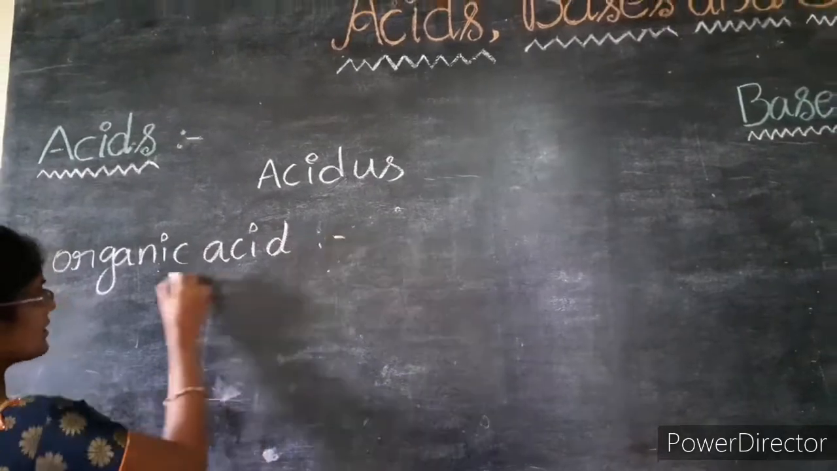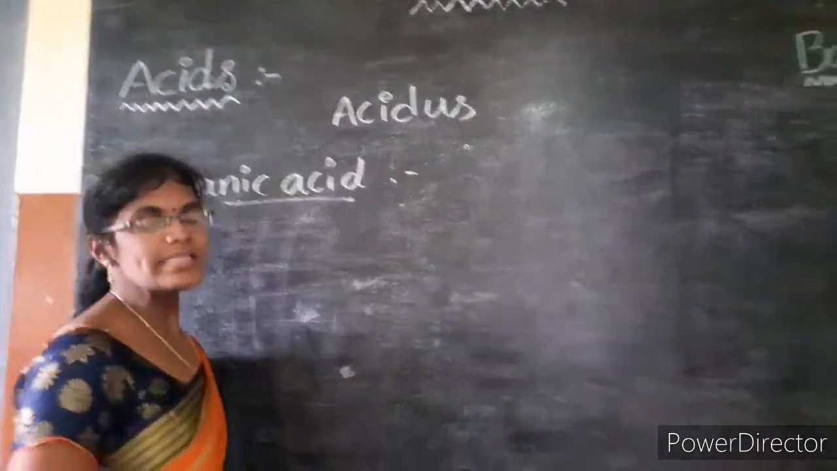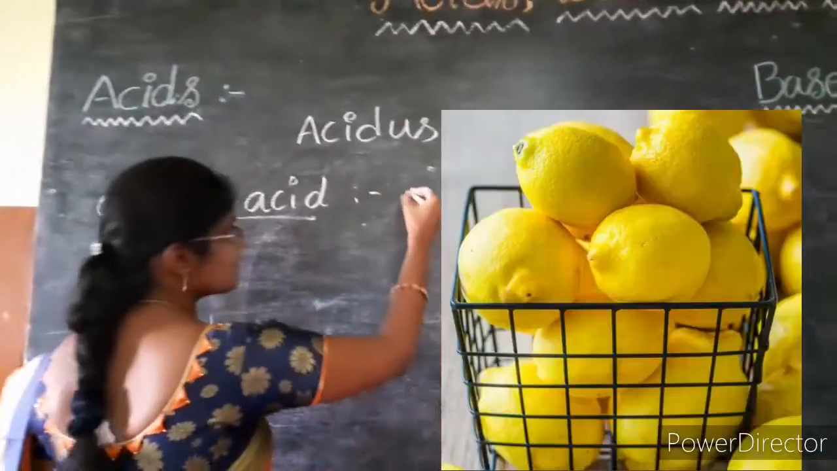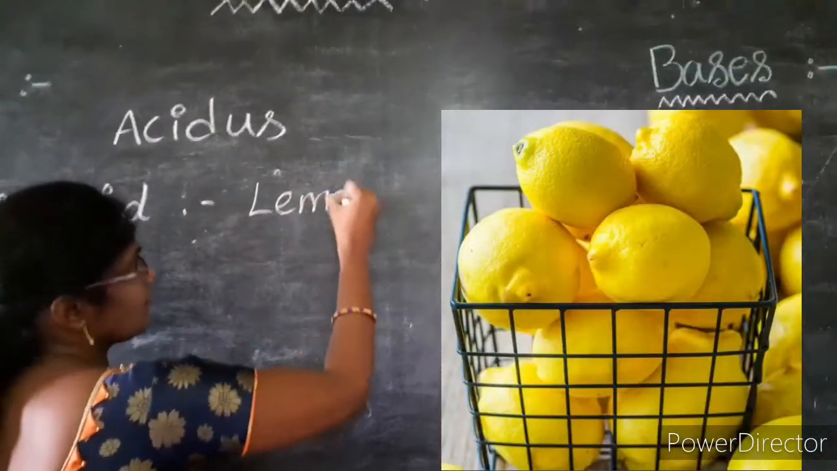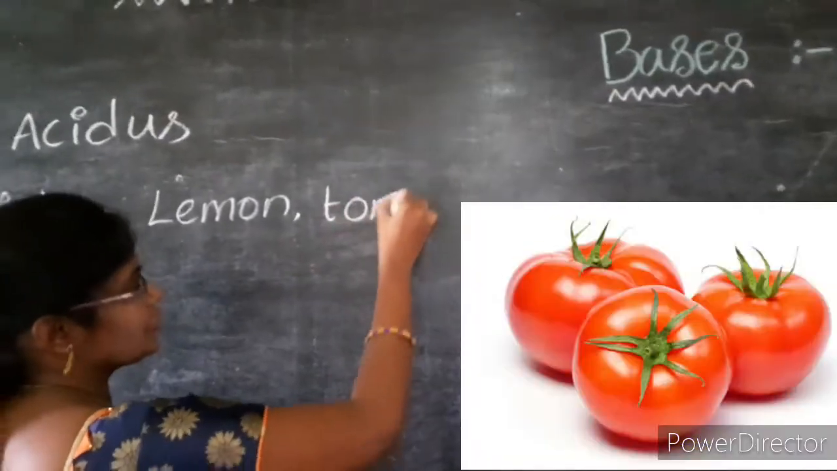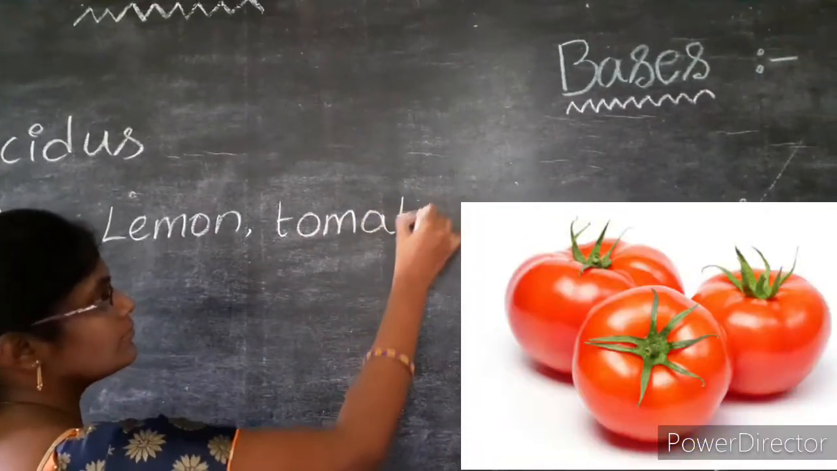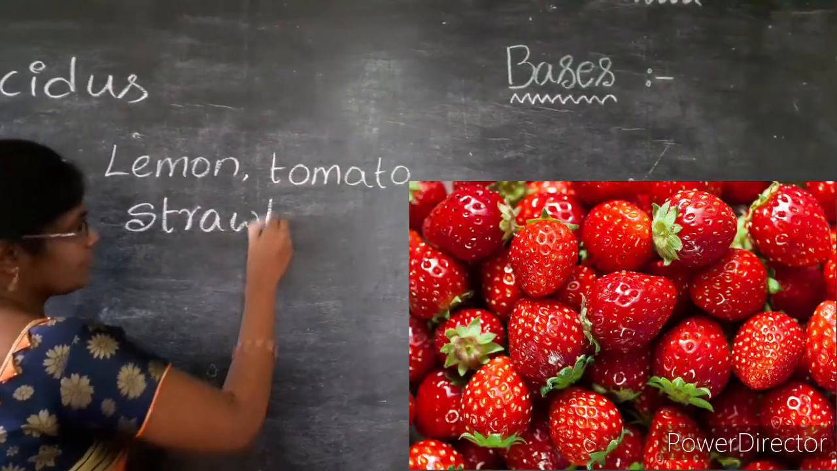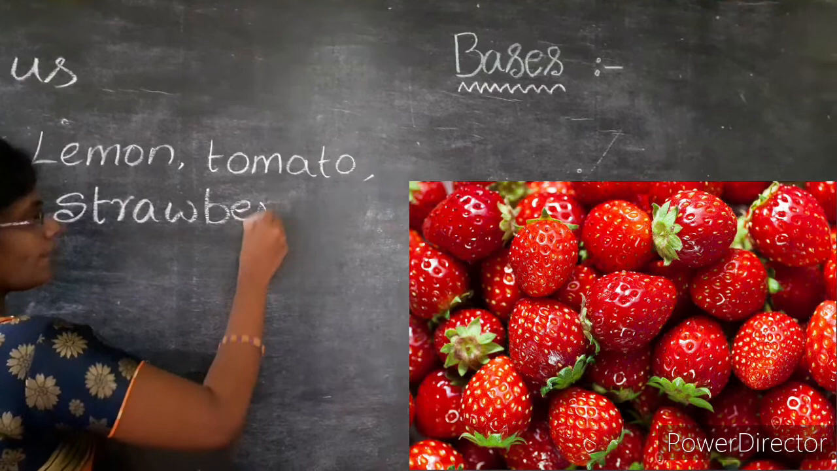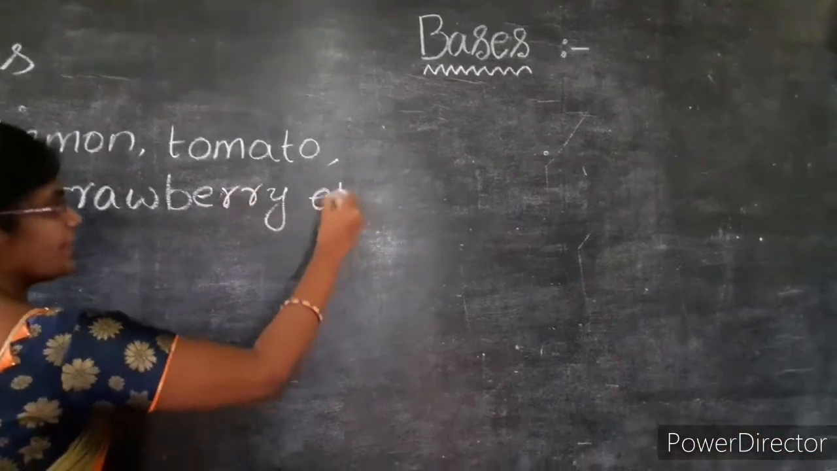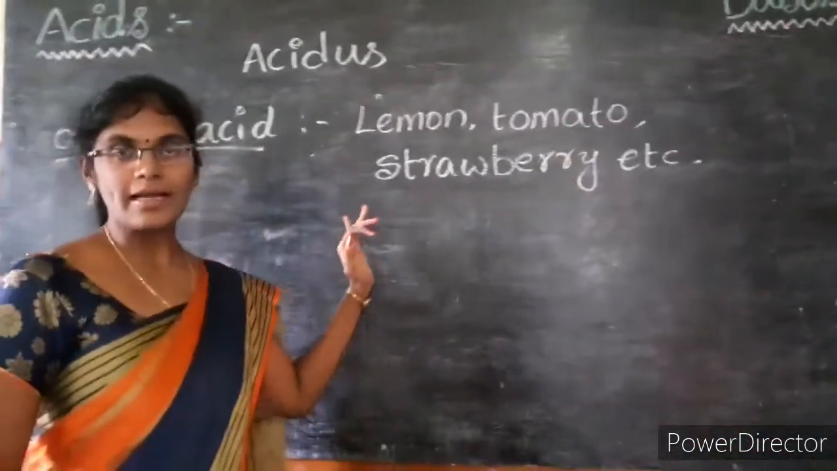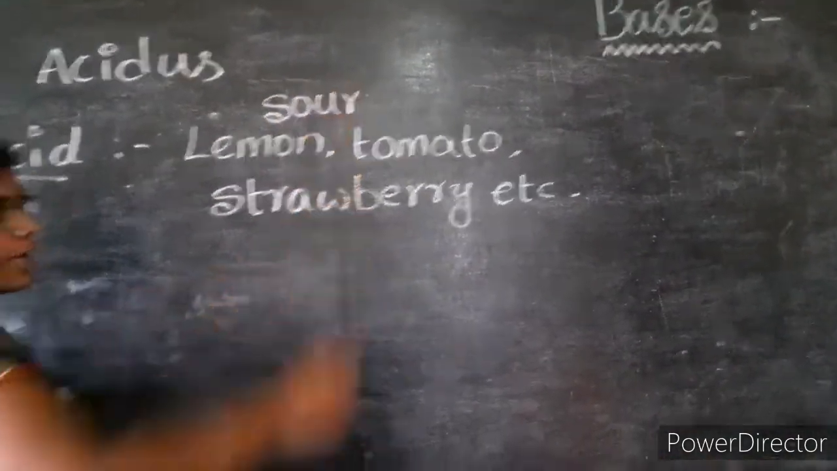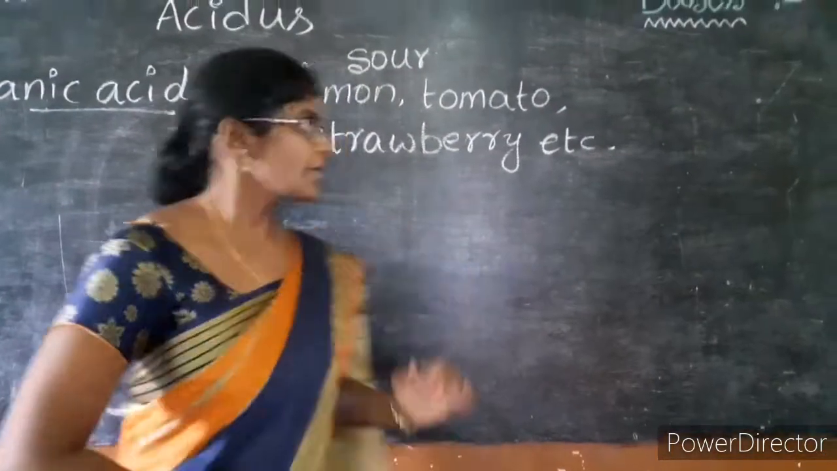Organic acids are nothing but natural acids. These natural acids are obtained from natural resources. Examples are tomato, strawberry, etc. These all have a sour taste. Okay. Next,